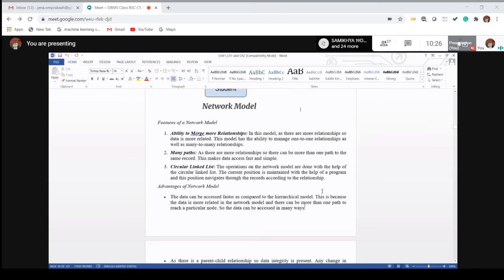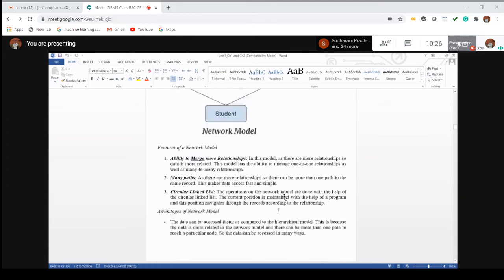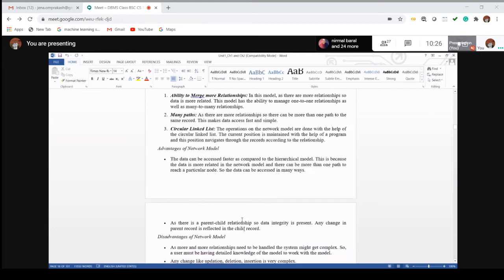You can easily choose one path from the multiple paths whose length is very short. The second thing is that there is a parent-child relationship, hence data integrity is present. Any change in the parent record is reflected in the student table. That means since there is a parent-child relationship, if you change some value in the parent, it automatically reflects in the child.